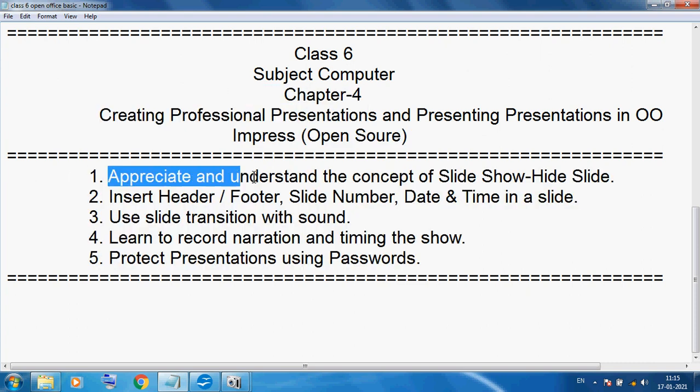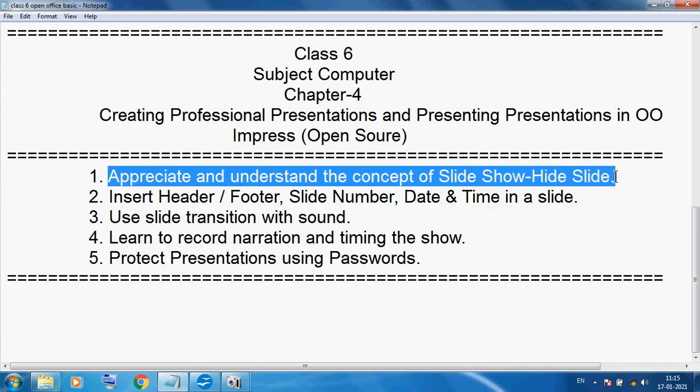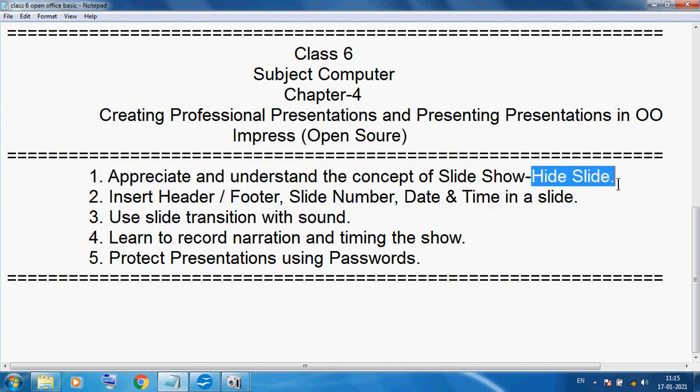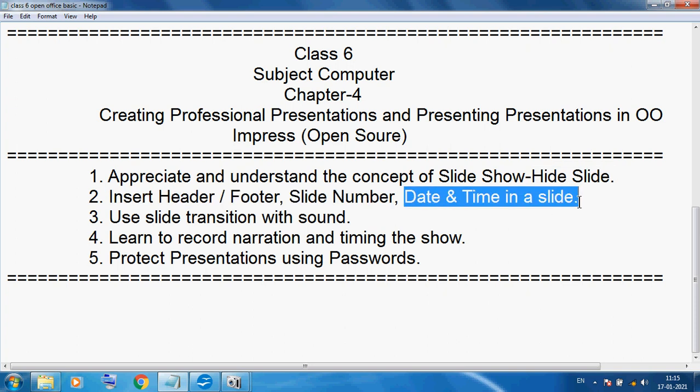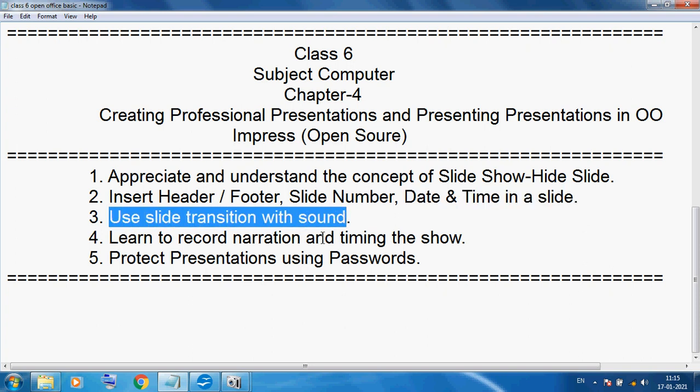Chapter first point is appreciate and understand the concept of slideshow, and we can hide our slide. Second, inserting header and footer, slide number and date and time in a slide. Third, we can use slide transition with sound.